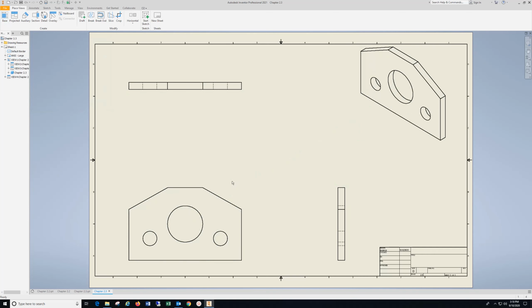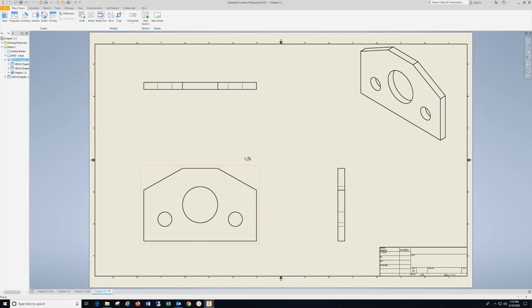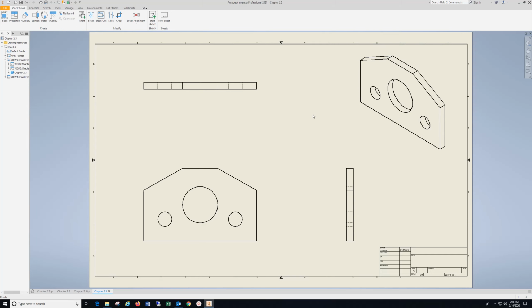Come down here, get the red box, left click and hold it down, move these over a bit, get everything into position. I'm going to drop this down a small space here, so that's good. I'm going to go to Annotate, Center Mark, click the outside edge of all of these,